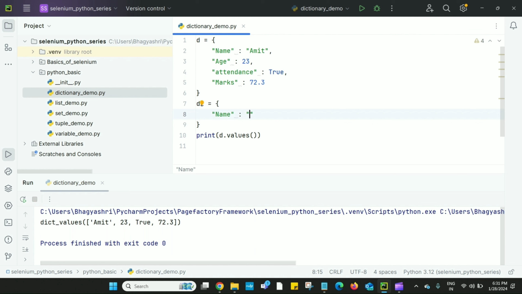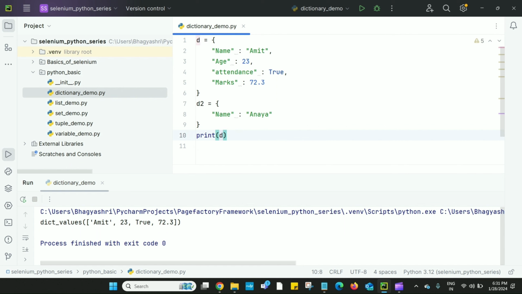Otherwise, if the key does not exist in the dictionary, then it will create a new key value pair. I want to update the name from Amit to Ananya. We can update other parameters as well, but I just want to update name only.